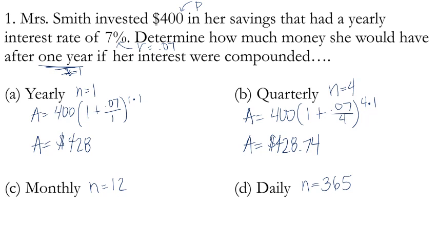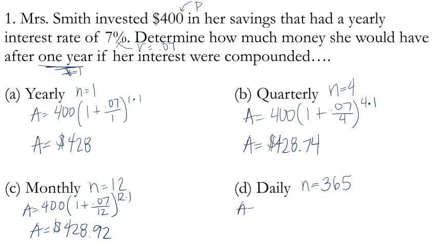Okay, so for monthly, we would have A is equal to 400 times 1 plus 0.07 divided by 12, raised to the 12 times 1 power. So this would be, in our calculators, if we plug that in, A equals 428.92. And then for daily, we'd have A is equal to 400 times 1 plus 0.07 divided by 365, raised